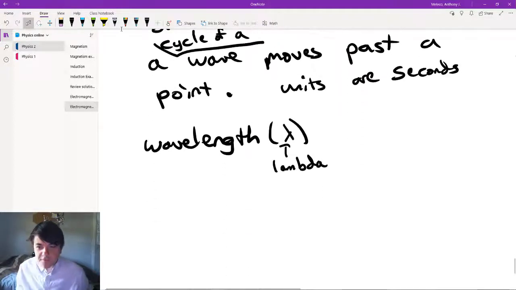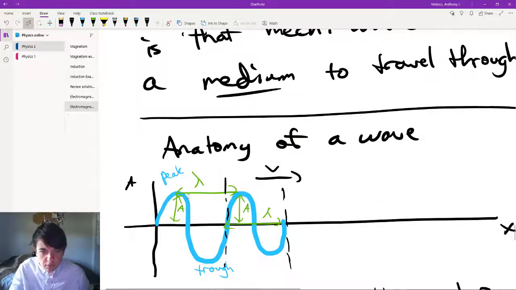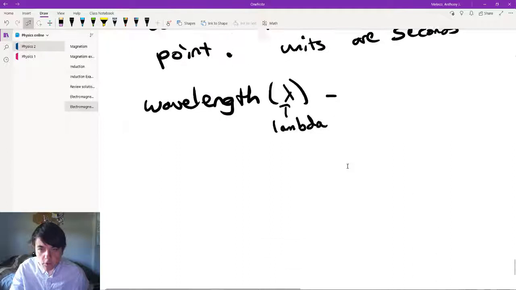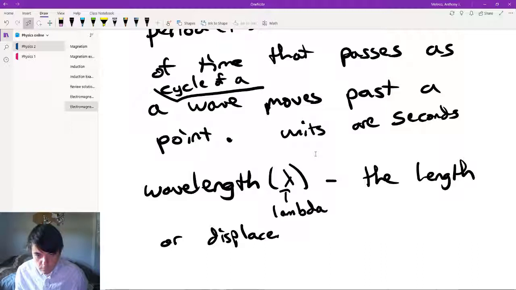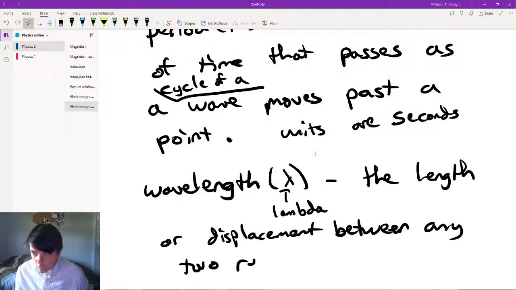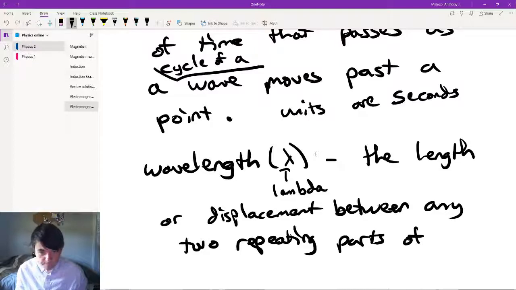Okay, so wavelength, the symbol lambda, as you can see up here, it's the length between any repeating part of the wave. So the length or displacement between any two repeating parts of a wave. Okay,